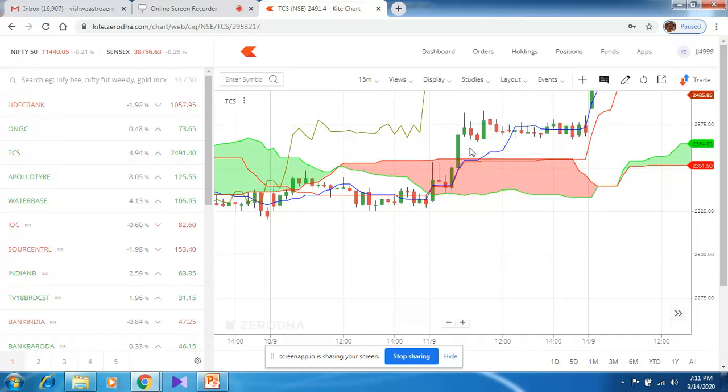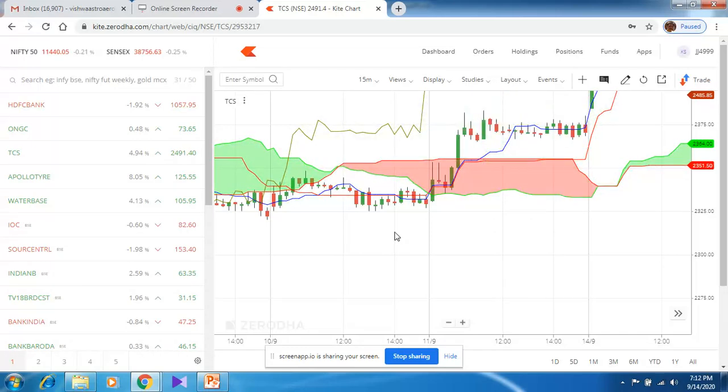So in such a situation, what we have to do, even though the blue curve is going up and the red is below, we are seeing a red cloud below. So this is a clear indication that there is no clarity with respect to the traders. They don't have clarity whether to buy or not. So that is why the trend is currently sideways. It is simply moving sideways. It is neither going up nor going down.